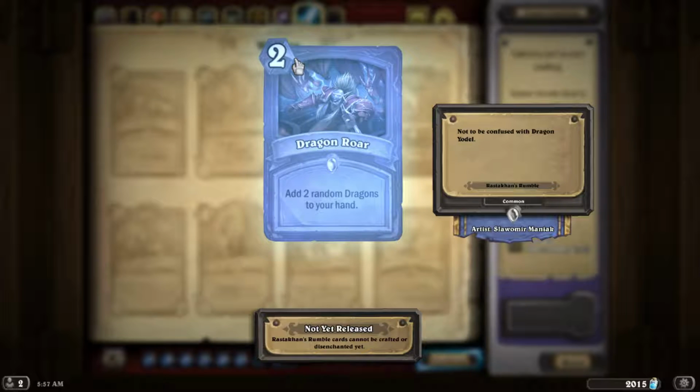Next we have a 2-mana spell called Dragon Roar that adds 2 random dragons to your hand. Now, I've never been able to become a fan of dragons in Hearthstone. It doesn't feel like dragons are very synergistic. They sometimes have abilities that say if you're holding another dragon, this card will have a battle cry that does